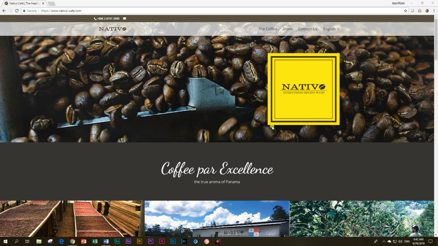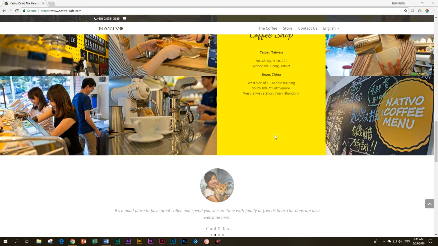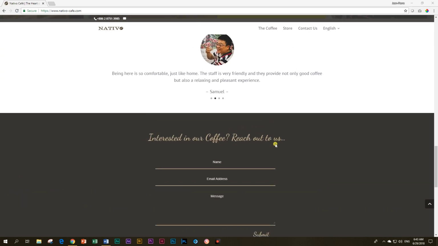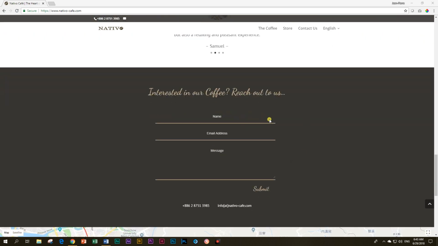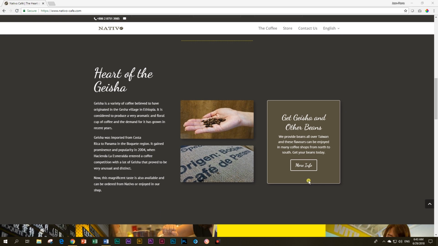I've chosen the one-pager because it's simple, and that would make it easy for me to test the basics of Brizy at this moment, the free version at 1.0.18, to see what it can do. So I've chosen a website that I've done before in Divi for a client, and I'll just give you a quick rundown. It's a very, very simplistic website, with all the basic stuff, with a map, and you have some testimonials, and you can have some form there, plus your address, a little bit about the product,